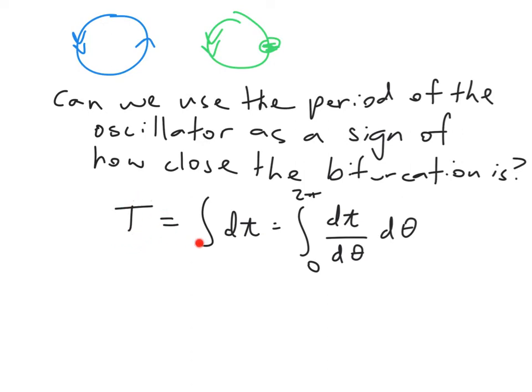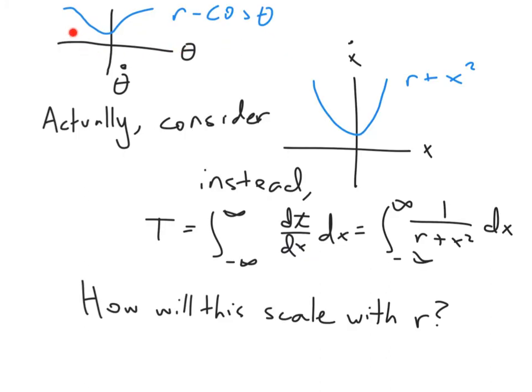The time will be the integral of little time increments dt over the time that it takes, and those time increments dt can be rewritten this way, dt d theta times d theta. So as theta ranges from 0 to 2 pi, this is adding up the amount of time that we spend going through small increments d theta. So this is the problem we're interested in, how long it takes to go around the circle associated with this velocity. But actually, instead of solving this problem directly, let's consider a pretty closely related problem,